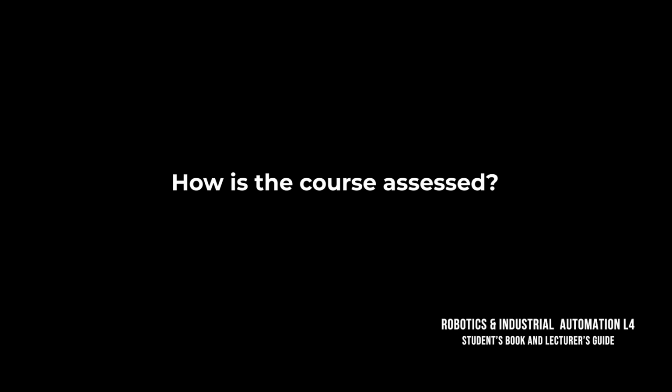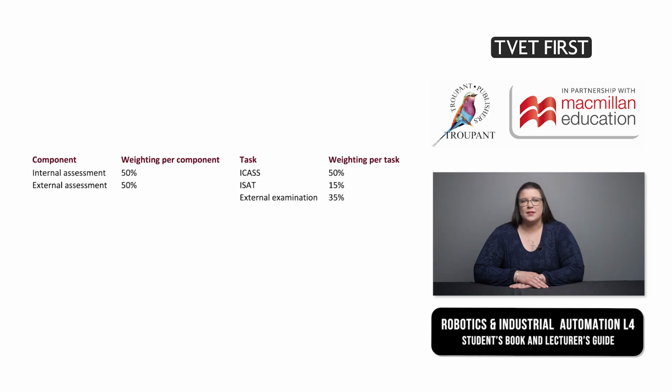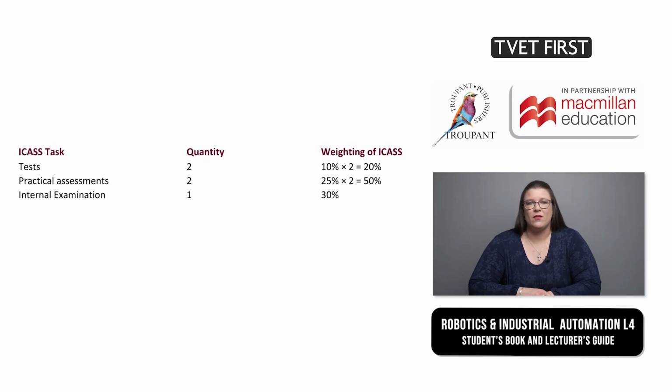How is the course assessed? The curriculum requires that students are assessed via 2 components, an internal assessment of 50%, made up of only the ICAS, and an external assessment of 50%, made up of the ISAT, which is worth 15%, and the external exam, which is worth 35%. The task quantity weighting of ICAS is made up of 2 tests which count 10% each, making a total of 20%, plus 2 practical assessments of 25% each, which together make up 50%, plus 1 internal